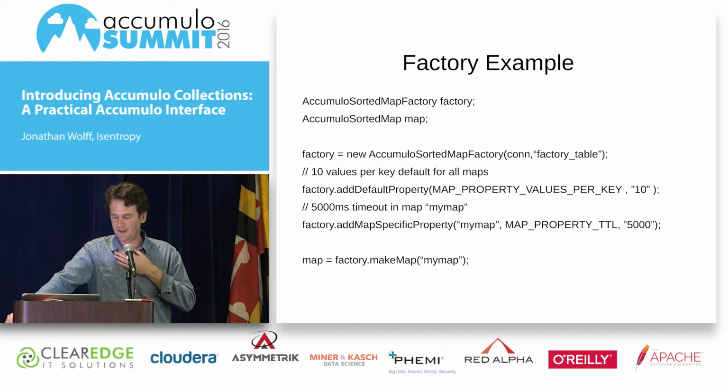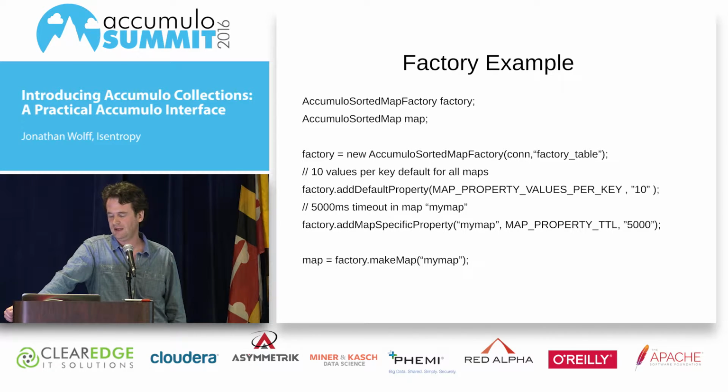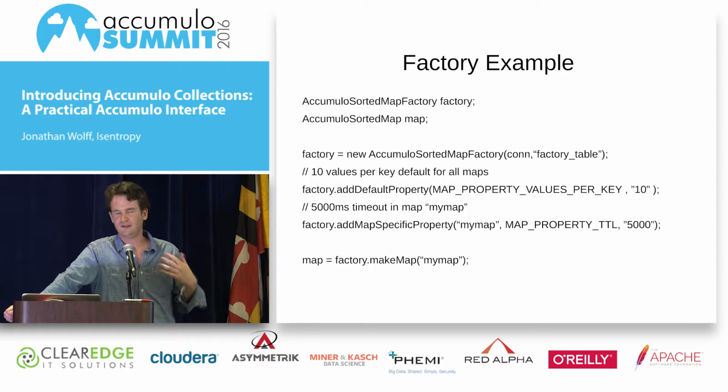And then in the second example, when you specifically make the map called my map, it will set up that time to live, that timeout feature. So it comes out of the factory pre-configured. So when you're instantiating these maps, you hardly have to do anything except set your factory up and call make